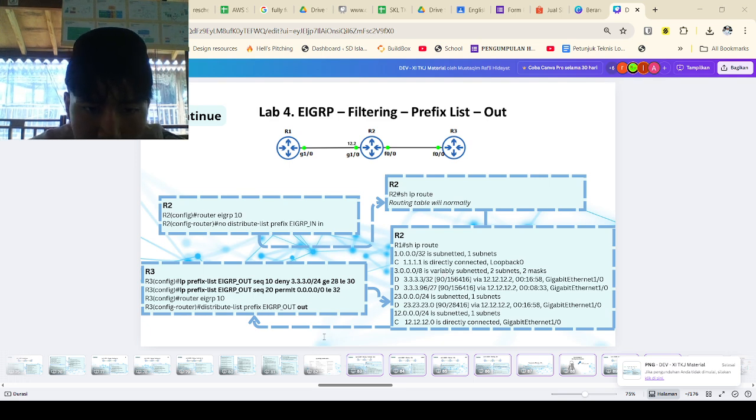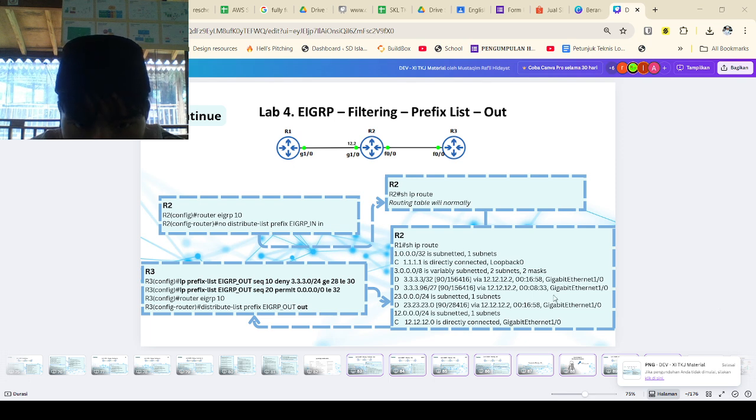And as you might see here, also there is distribute-list prefix EIGRP-OUT on R3. When R3 prepares an EIGRP update to send to R2, it applies the list and removes the denied prefixes from the updates.